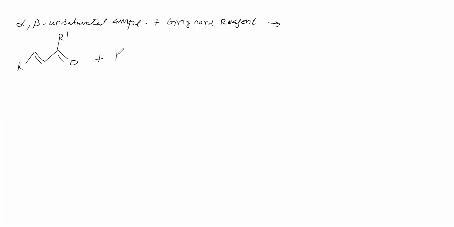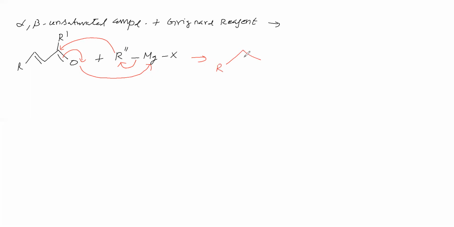Now we will take the Grignard reagent. This alpha beta unsaturated compound is reacting with the Grignard reagent, that we'll see. Now what happens is this bond is migrating to this place. It is attacking this carbon. This pi bond is migrating to O. This O is attacking this Mg. Therefore, we will get